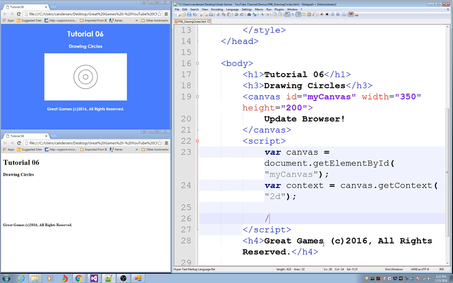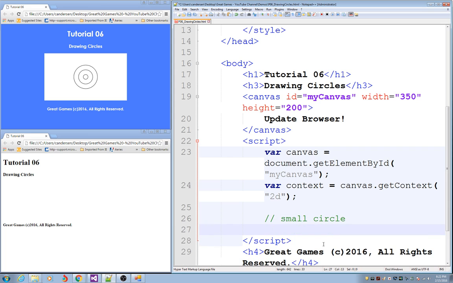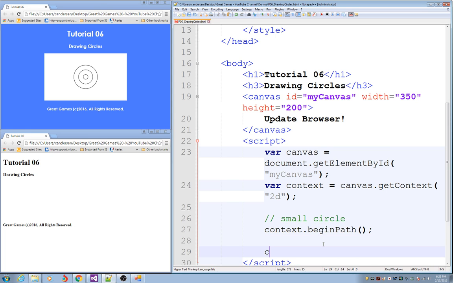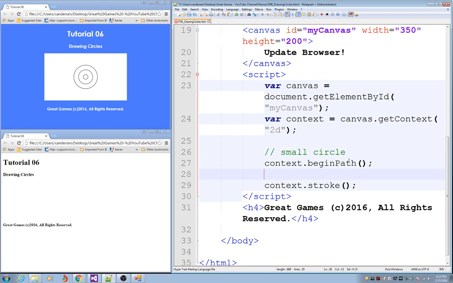So I'm going to go ahead and make a comment here. I'm going to say small circle. And we're going to begin with our path. So let's go ahead and create that. I'm going to say context dot and then beginPath. And I will put context dot stroke to end that path. Okay, so we've begun the path, we've ended the path, we have nothing inside here,